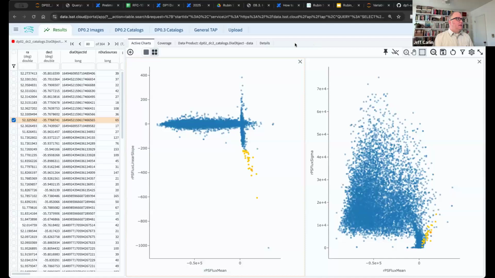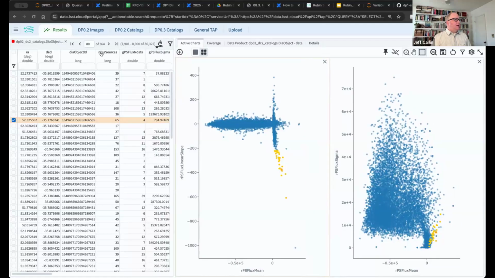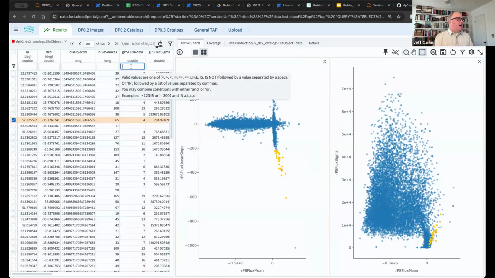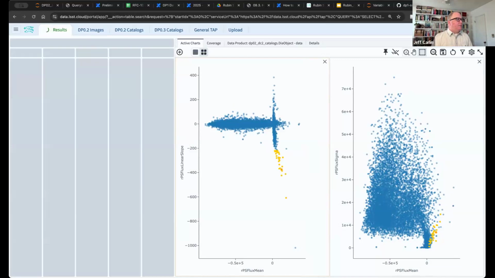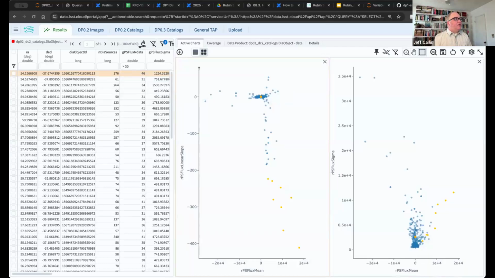And so the way you do that is in your table over here. You can see this JPS flux n data. That's the number of data points in the measurement catalogs. So we want greater than 30 so that we have a really nice light curve. And if you just enter that in that box and hit enter, you can see it filtered the results now,